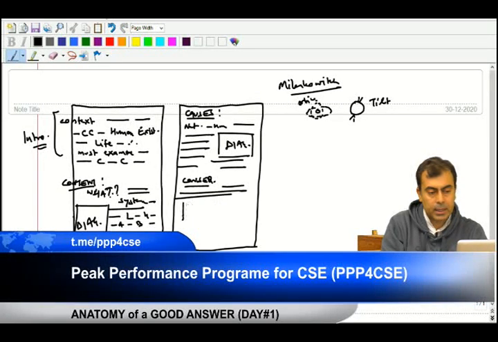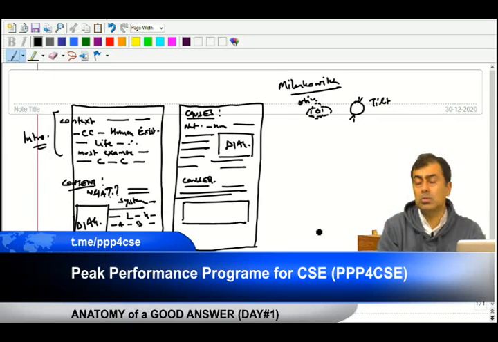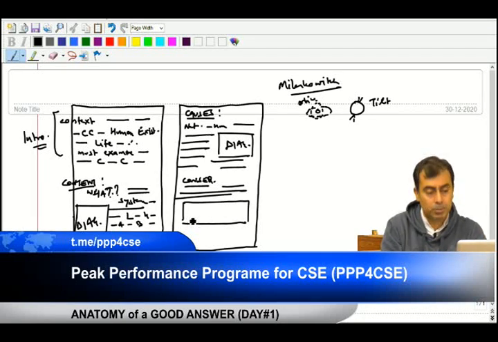In the consequences, I will be writing, and I will also draw a world map. People who do not know how to draw a world map, this channel will be giving you how to draw a world map. Already how to draw an India map techniques have been put. So, there I am talking about a world map will be also given in this,